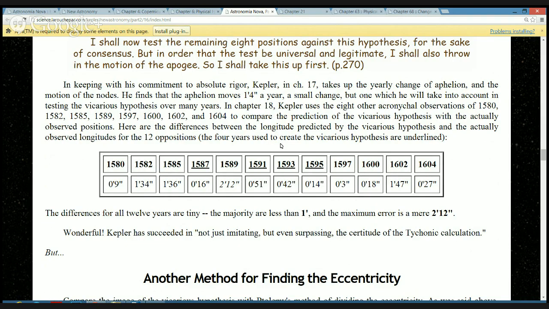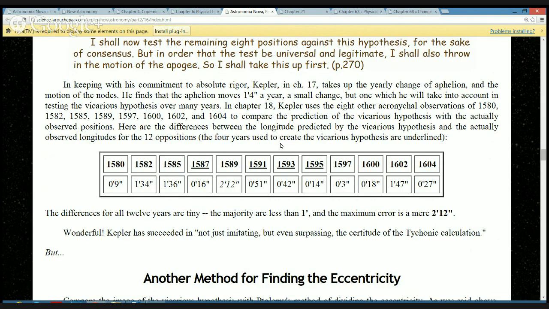Anyway, let's keep going. You can see those numbers are very small. Kepler considered Tycho's data to be good within a minute or two, a minute being a 60th of a degree. Wow, no telescope, and he did this. Some guy at a Kepler conference I went to a few years ago had actually taken Tycho Brahe's observation books, put them all on a computer, and then used a program to compare them to what Tycho should have observed, and he really is within a minute or two. Tycho really was that good. And if he wasn't that precise, Kepler couldn't have done what he did.